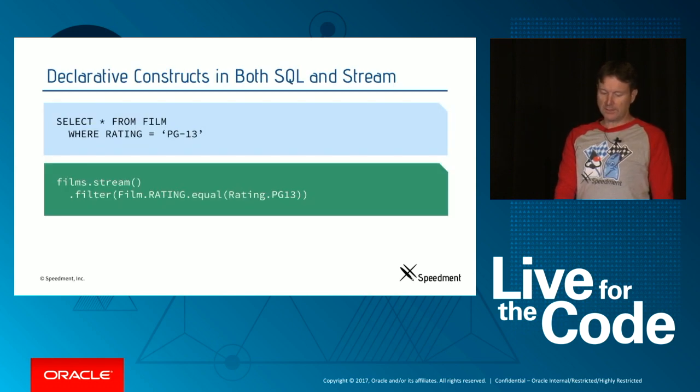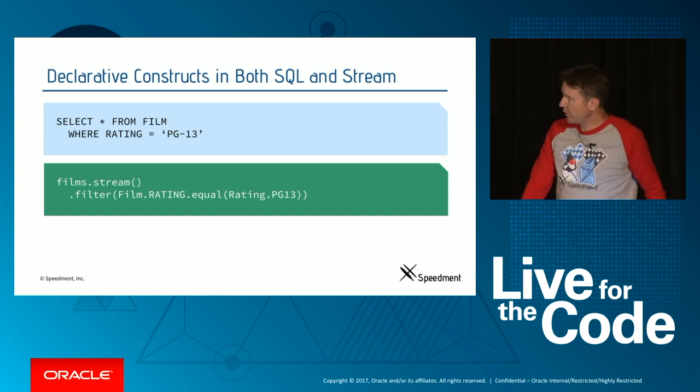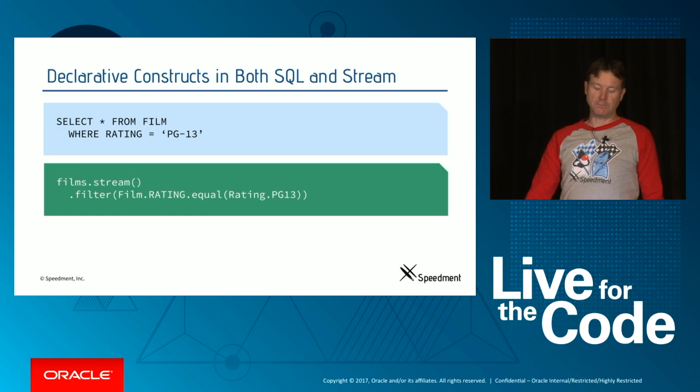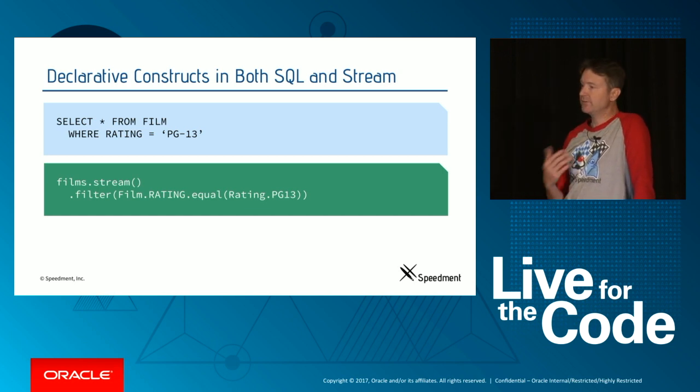So let's take a look at this. In my previous presentation, I also talked about declarative constructs. The first query there says that we want to retrieve all films with a rating equal to PG13. And that is declarative because it doesn't say how the database should do it. It's free to do it its own way. It can iterate over all the films, or it can use an index, or it can use some other kind of means, which is built into that particular database.